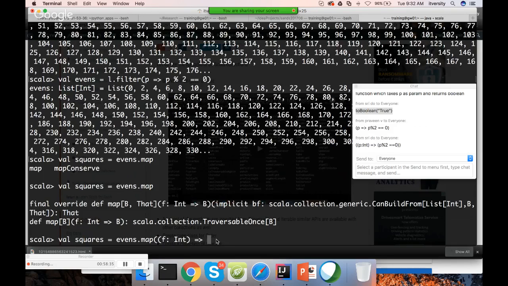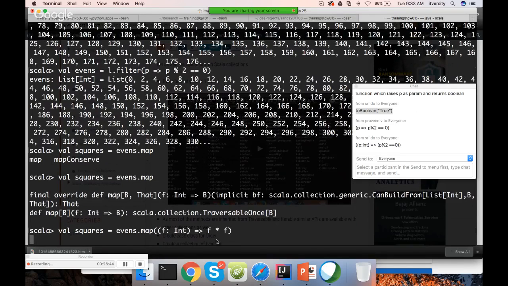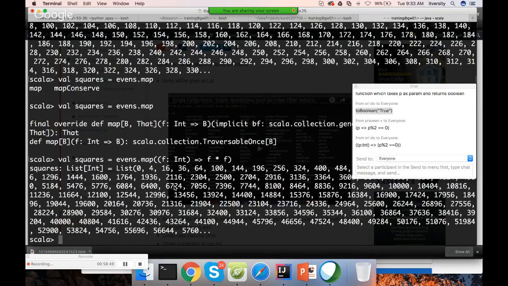So here I just want to square up the values by saying element multiplied by element. And now if you hit enter, you can see you have squares of each of the even numbers which we filtered earlier. We have transformed them into squares by applying the map function. And then if you want to use the reduce function to get the final total